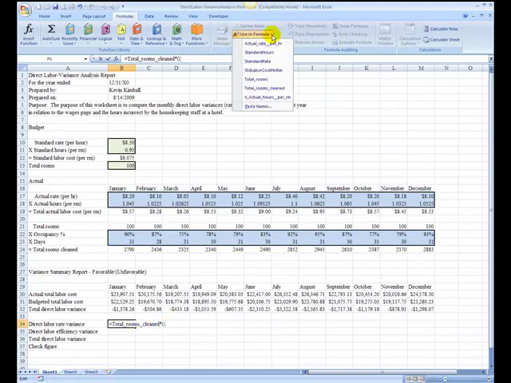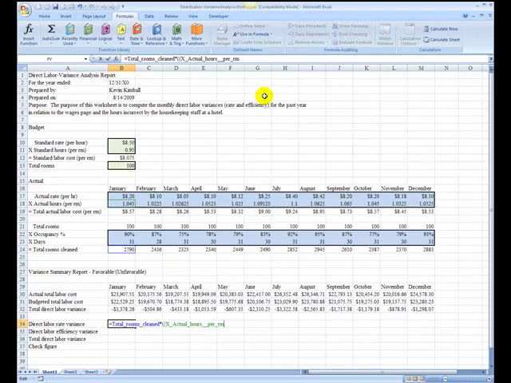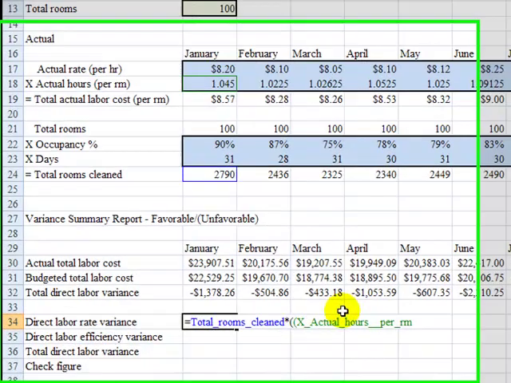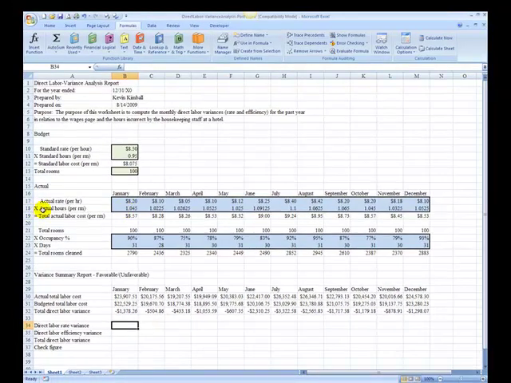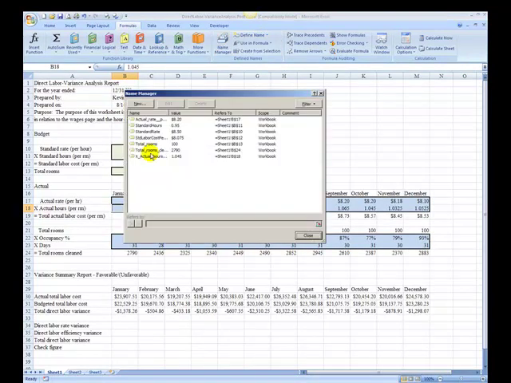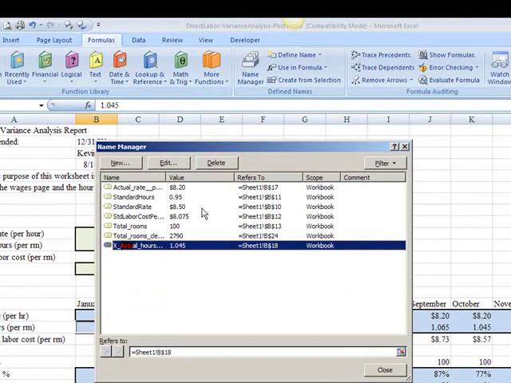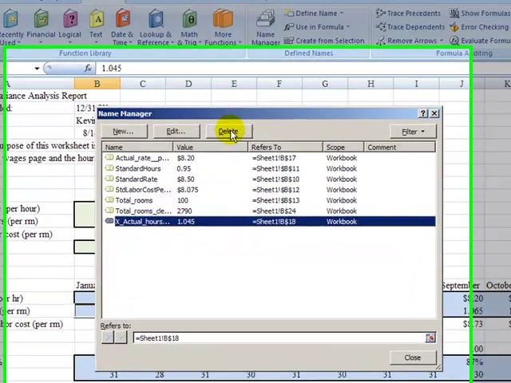Let's see, actual hours per room. There it is, actual hours per room. It's kind of a weird name. I really don't like that name. I'm going to go back to define name, actually to my name manager. I'm going to remove that actual hours per room, click on it, choose delete,